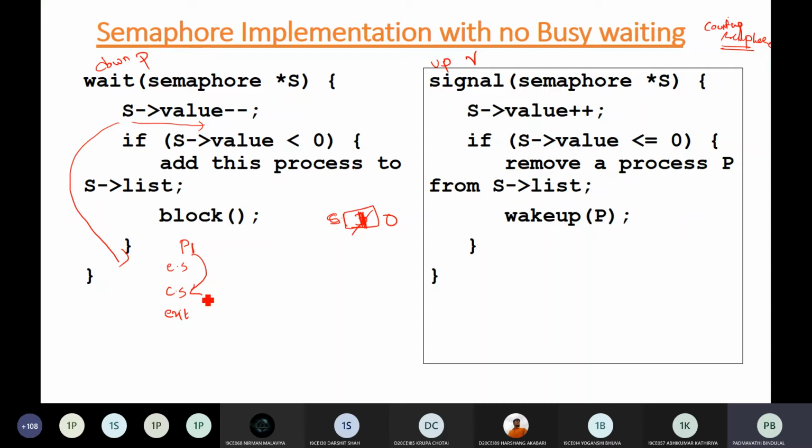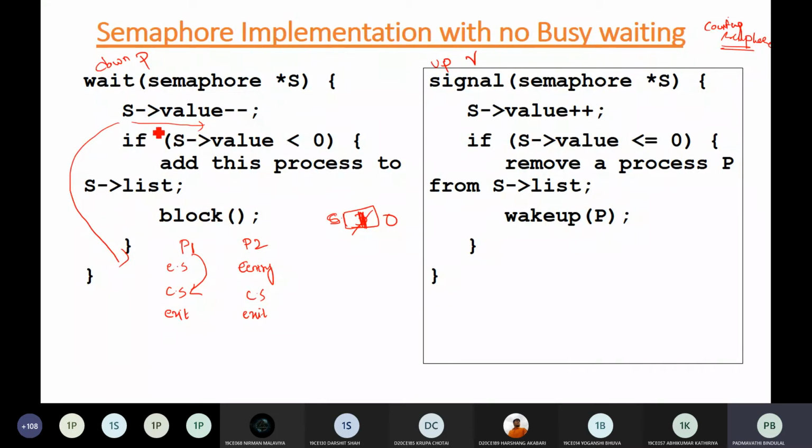So now P1 is working with the critical section. Meanwhile, P2 comes to the processor that it has to be executed. So it also has the entry section, and it also has the critical section and exit section. Now when your P2 wants to execute, it will be executing this entry section code.